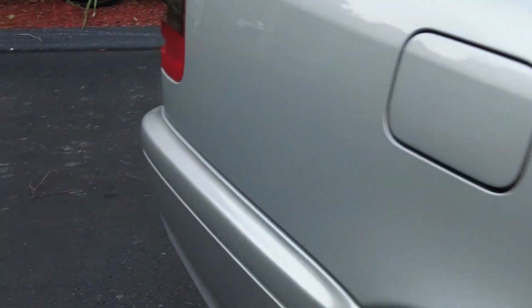Actually, a couple of small touch-ups you can see here and there, and a couple of scuffs that I think we actually missed on the polishing. And trying to see if there's a little dent right here, but it seemed like there was, but I'll have another look under a different light. I don't see it right now. Okay, now